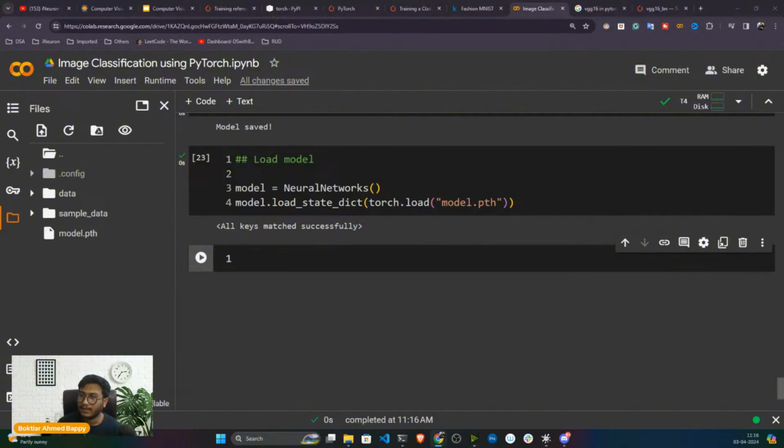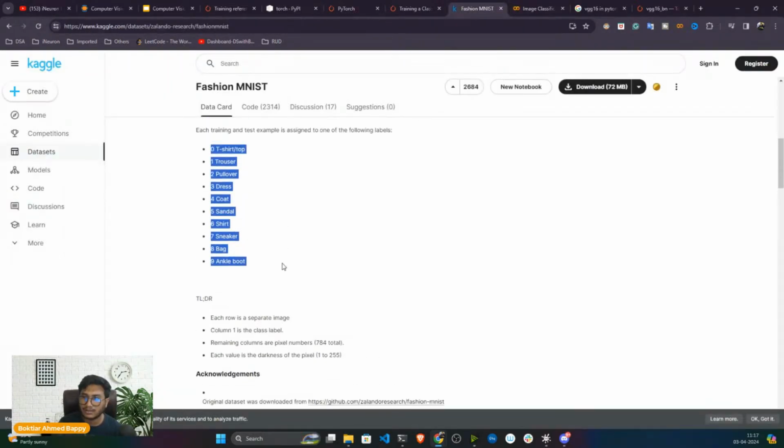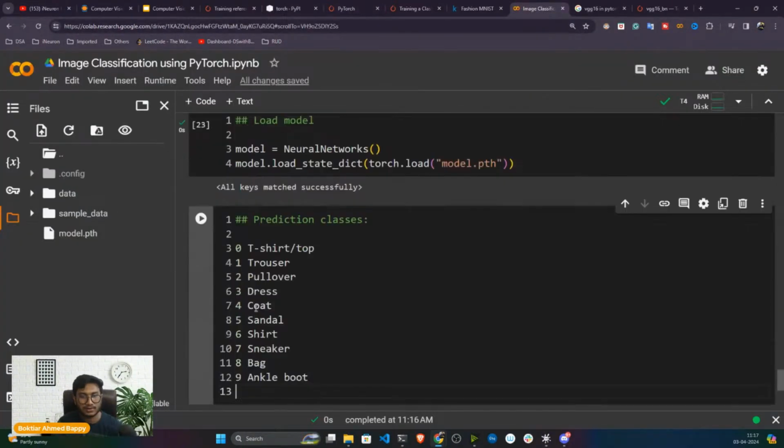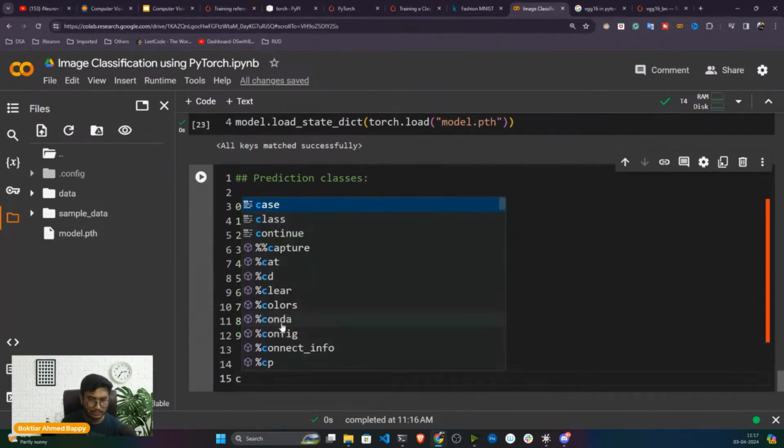Then now what I will do, I'll define my prediction classes. All the prediction classes I'm having. So where you will get these particular prediction classes? From Kaggle, I think I already showed you. If I go to Kaggle, these are my prediction classes. I'll copy one by one, and here I'll arrange everything. Here I'm going to create a classes list,